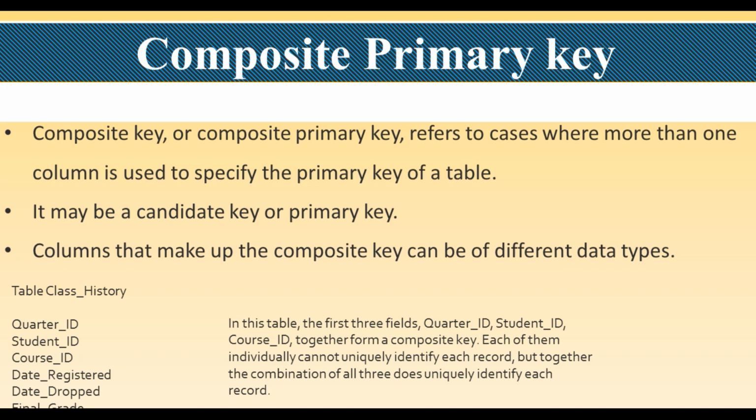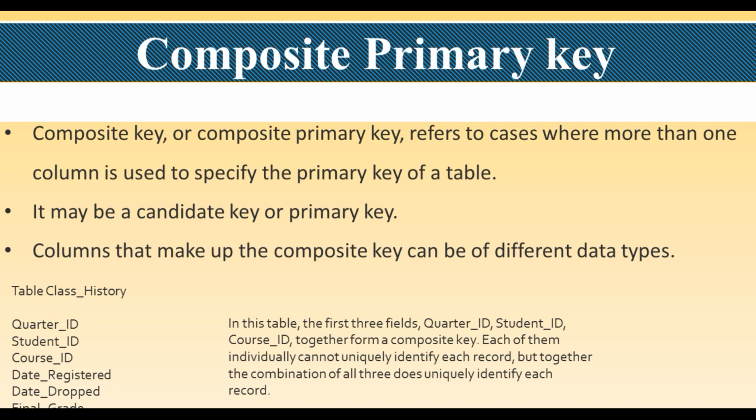So that's why there is one big thumb rule: only one primary key in a table. Only one primary key is possible physically, but logically, to identify a particular row more uniquely, we can consider another column along with the primary key. That is a composite primary key. The columns that make up the composite key can be of different data types. Definitely, student, if I am making different columns the primary key, they can be of different data types.